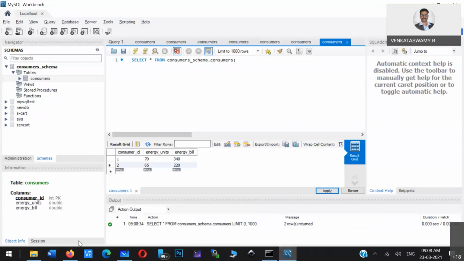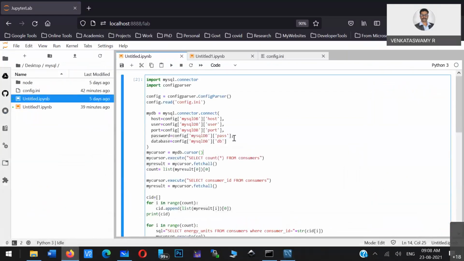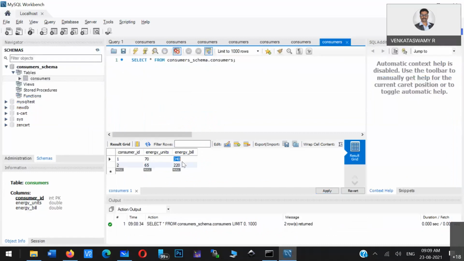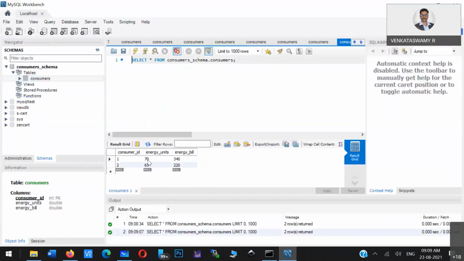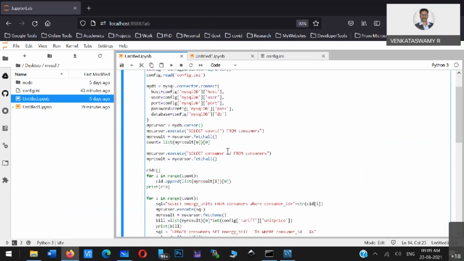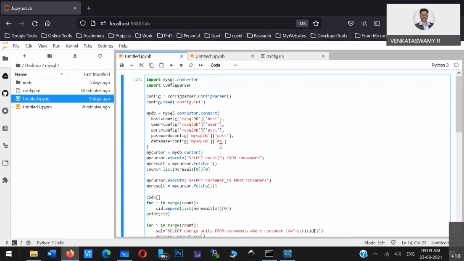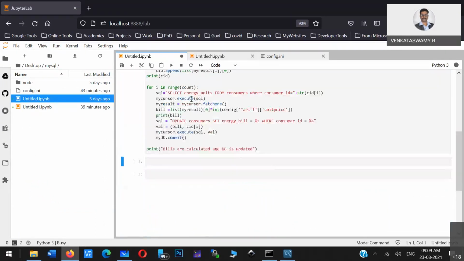This data you can feed from any application or from the Python program itself. Now you can see the energy bill value is not updated for 70 or 65 units. We need to calculate the energy bill, and that task I am doing using the Python program. It is basically a data analytics program.